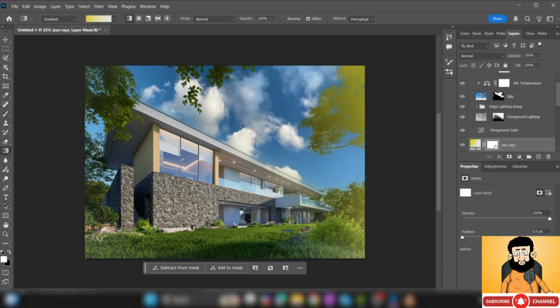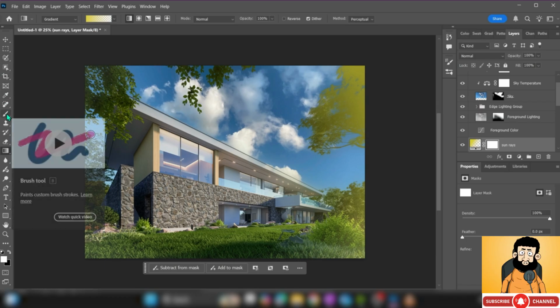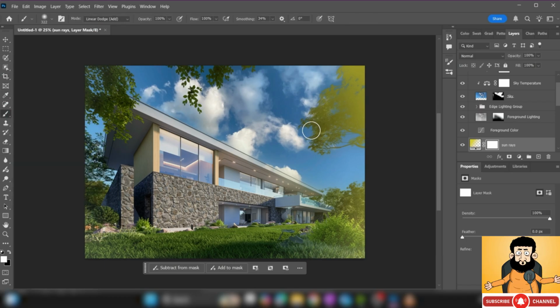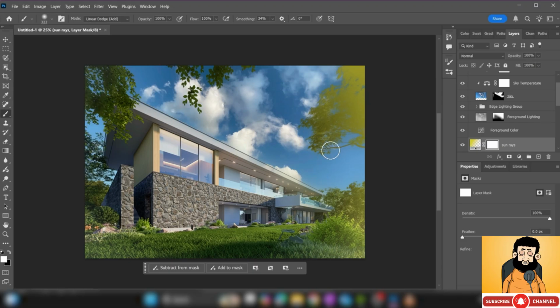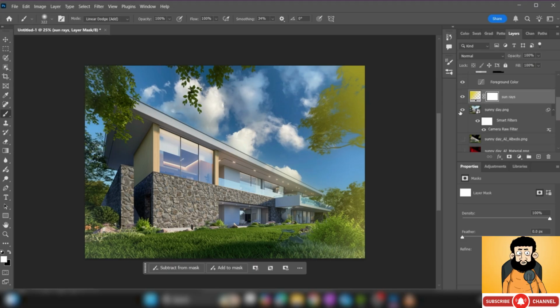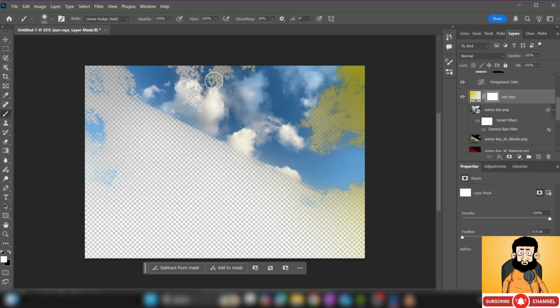So what I'm gonna do is I'll just click here and use the brush tool. Here you have a different kind of options. I'll just click this one, and just wait a minute. So this is the area. Now you can see I'm gonna do a bit,